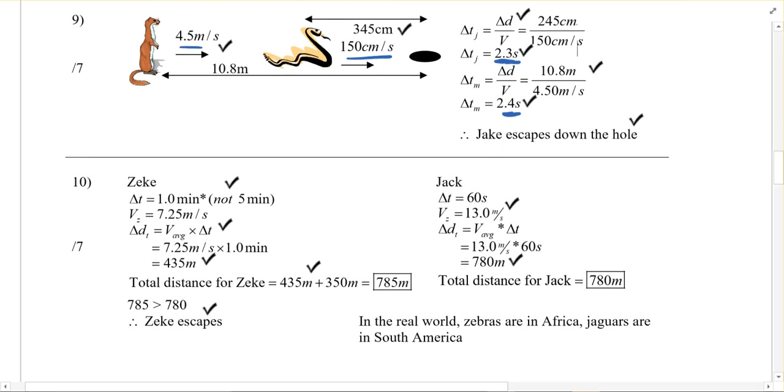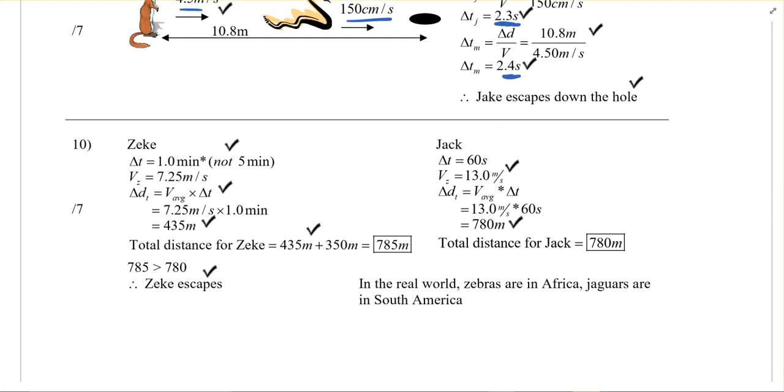So for this one, Zeke the Zebra, what we need to do is figure out really just how far. If this was, I don't know, Zeke, he's going to be here. How far does he go? And then Jack, how far will Jack go, right? We want to figure out if one will actually escape the other. So to do that,